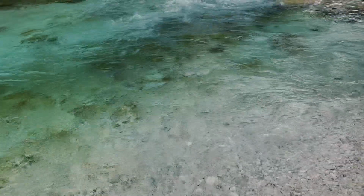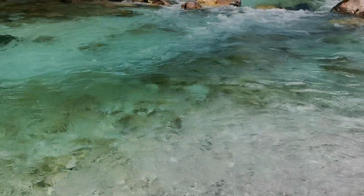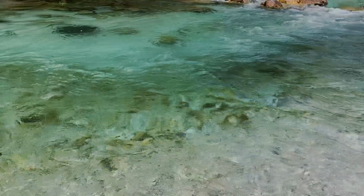I've just come down to the edge of the river Soča. I don't know if you guys can see, but the water is like a light blue, almost turquoise colour. It looks absolutely mesmerising. So this water comes down from the top of the mountains, so it's fresh mountain water. So it should be very clear and also very cold. Let me just dip my hands in. Yeah, that is pretty cold,